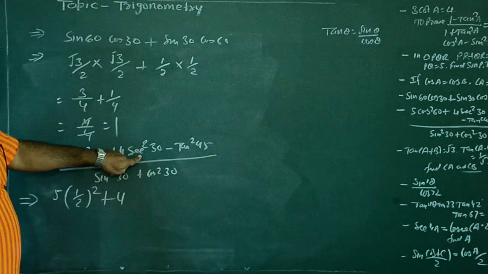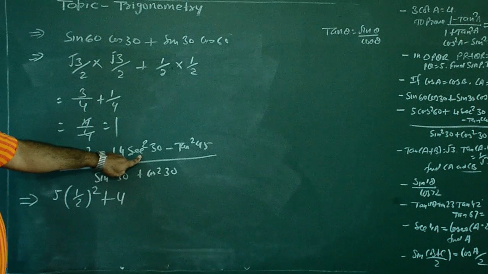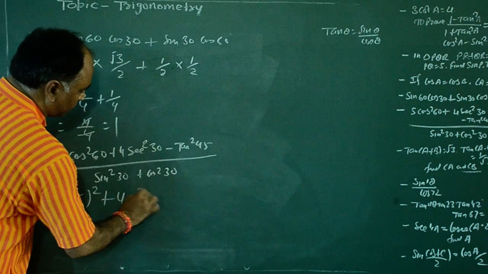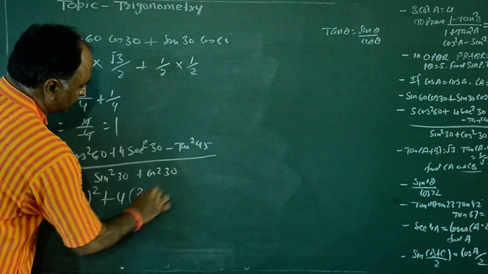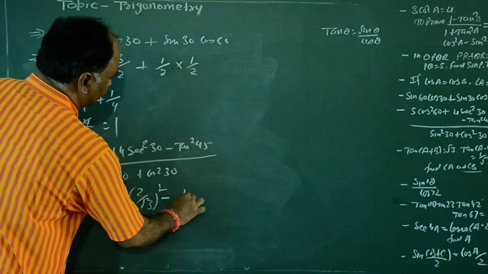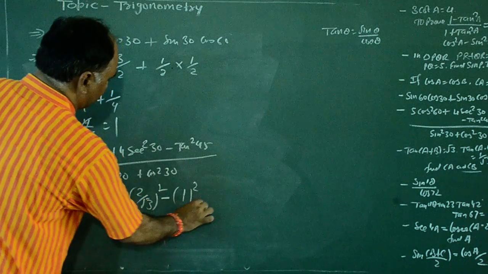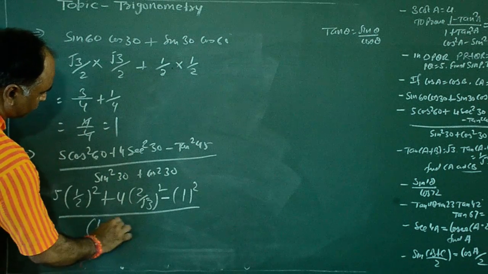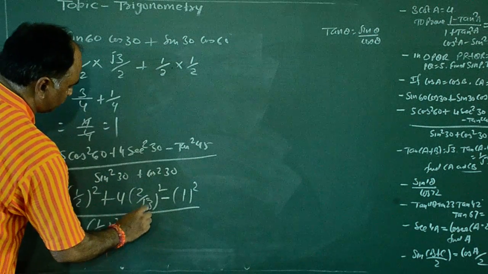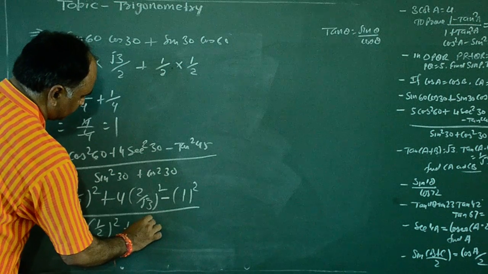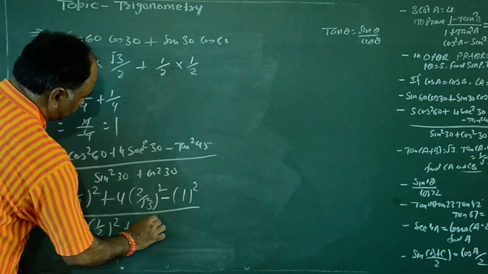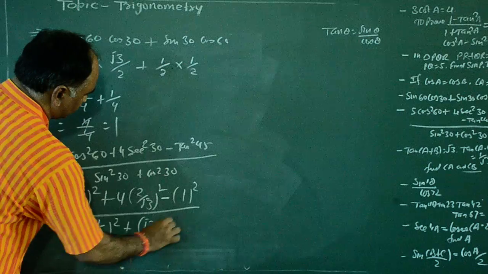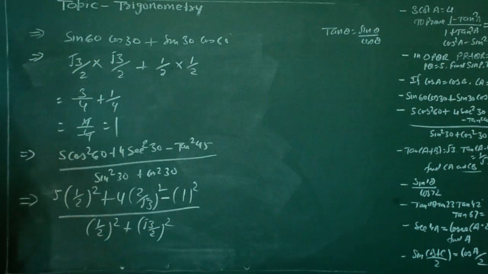It means the value of sec 30 is 2 upon root 3. So you will put here 2 upon root 3 square, minus tan 45, that is 1. Sin 30 is 1 upon 2 square, plus cos square 30, that is root 3 upon 2 square. Okay, come on,